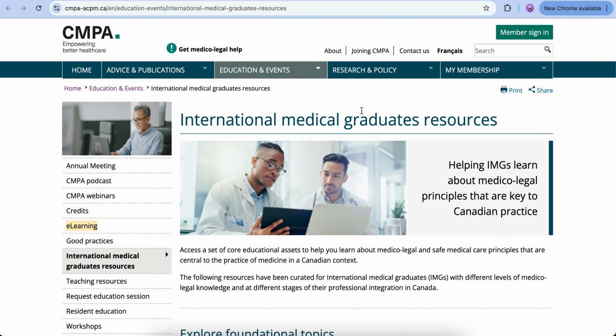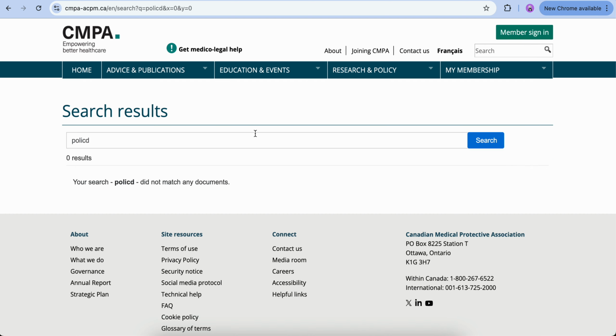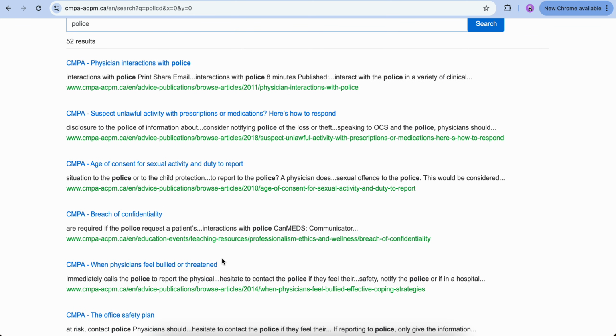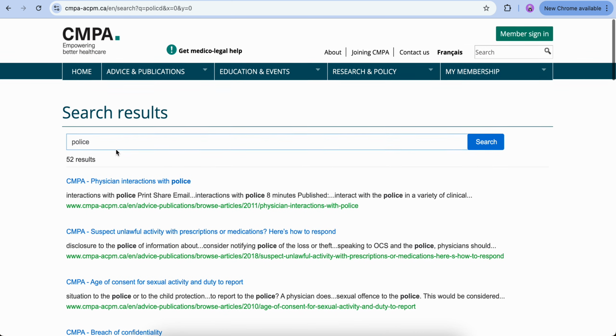One more tip which I would say is, if you are very keen to get the correct answer to any question, and you are not able to figure out the answer from any resources, use this search box. Why I'm saying this is, when you use this search box, let's suppose you type police, you will find a few topics related to police. Maybe your question is asking something about police. When a physician is being bullied, what to do? This is very important for cultural safety. So this search bar can help you.